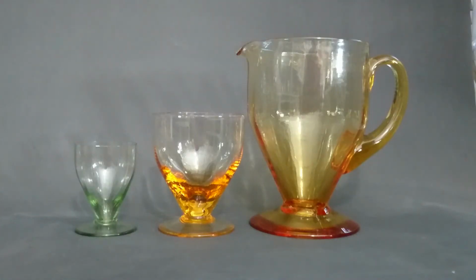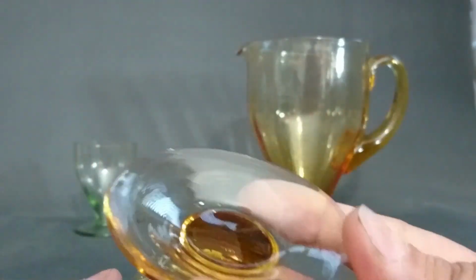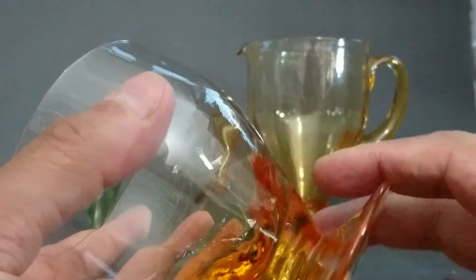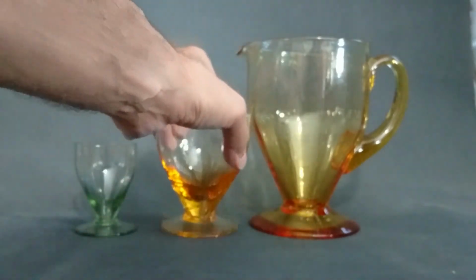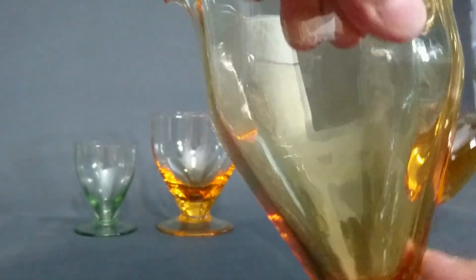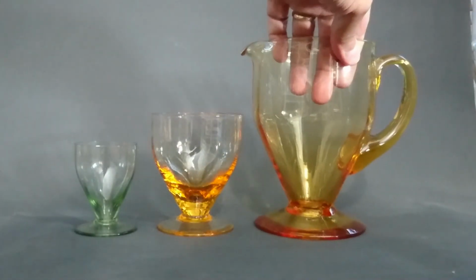So I'm showing you the M74 jug and glasses. I'll grab the amber one here, golden amber. No pointle mark on the glass, and you can see it's got the ribbing like the decanters, but no foot. The jug does have a pointle. Can you see it there? Yeah, these are very nice. I particularly like the